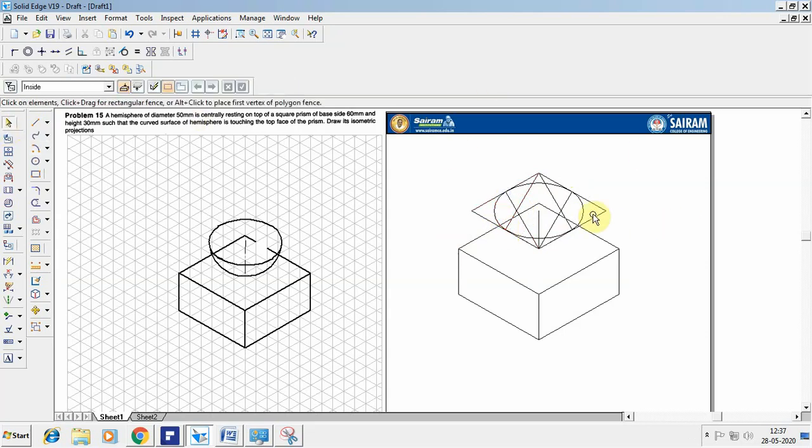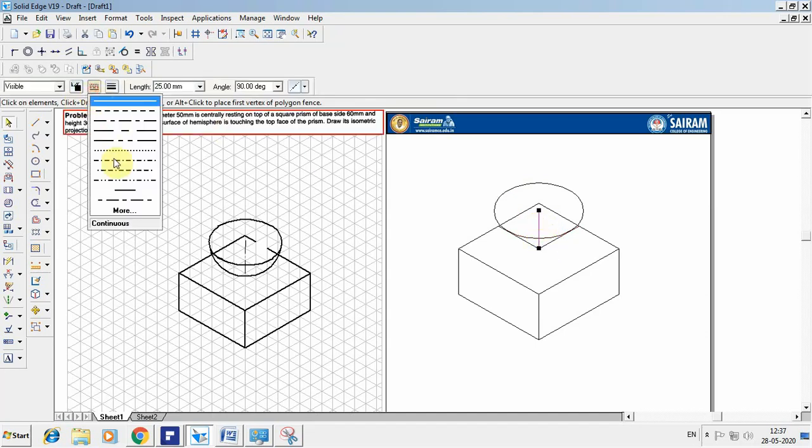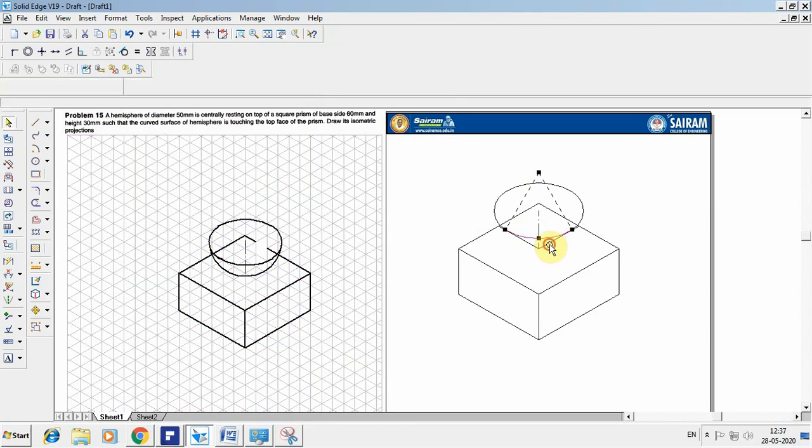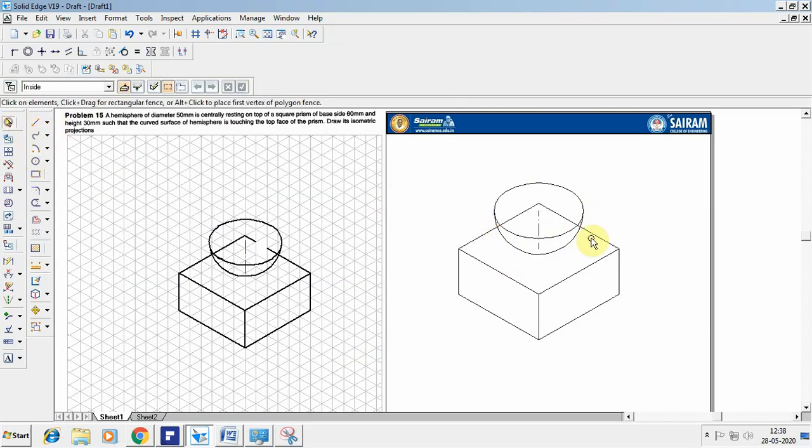So once you're done, remove all the projection lines you have taken. As I said earlier, you can keep the lines or you can remove the lines. So this is your axis line, keep that as axis, and these are the two lines which you have taken for the construction that I want to erase. Now go for arc by center point. This I want to construct the arc. So once you're done, you can select the things which have to be highlighted. So I removed all the unwanted things. So just select this overall and make the thickness as 0.5 mm.